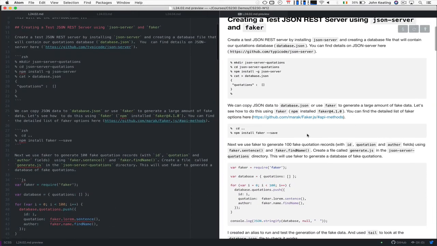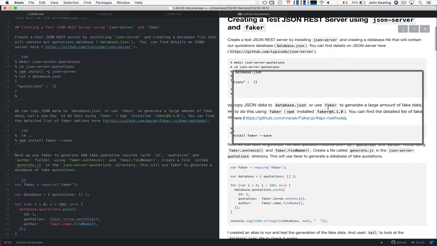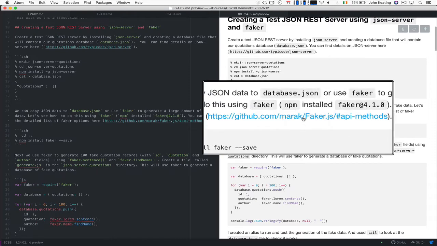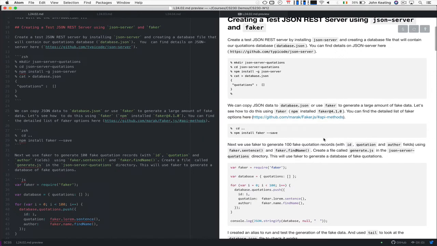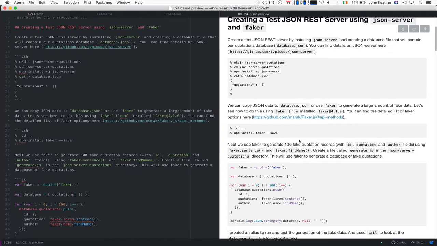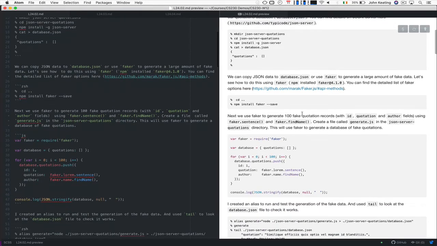Now, what I would like to do, of course, is to install Faker. Faker is a really nice piece of Node software that allows you to generate large amounts of fake data. It's pretty good. Go to GitHub, Marak faker.js, and you'll find out how to do this. And it's very, very easy. So what I did was install faker using npm install faker --save, and then I generated 100 fake